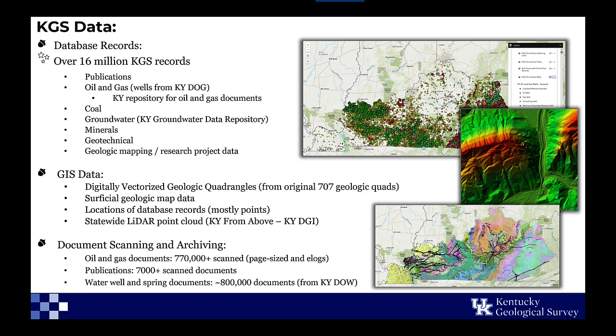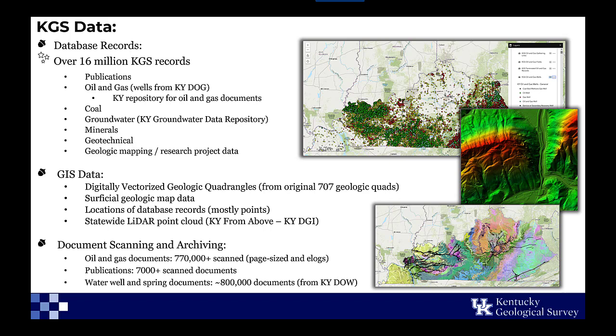Our oil and gas data is probably our largest data set. We derive wells from the Kentucky Division of Oil and Gas, and then we're the official repository for over 770,000 oil and gas documents for users. We also have a lot of scan publications, and then scan water well and spring records. But our GIS data is really the focus of this map service, and probably the crown jewel